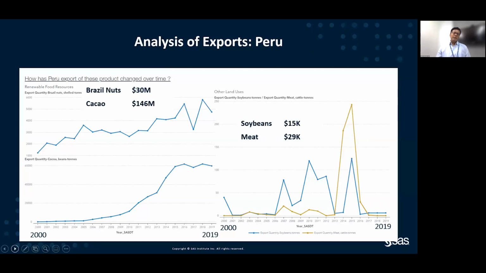So clearly, having more focus on Brazil nuts and cocoa, we can increase the revenue figures and also contribute more to the environment. This is a dual objective served by Peru by its choice, just the choice of the land. And so moving forward,